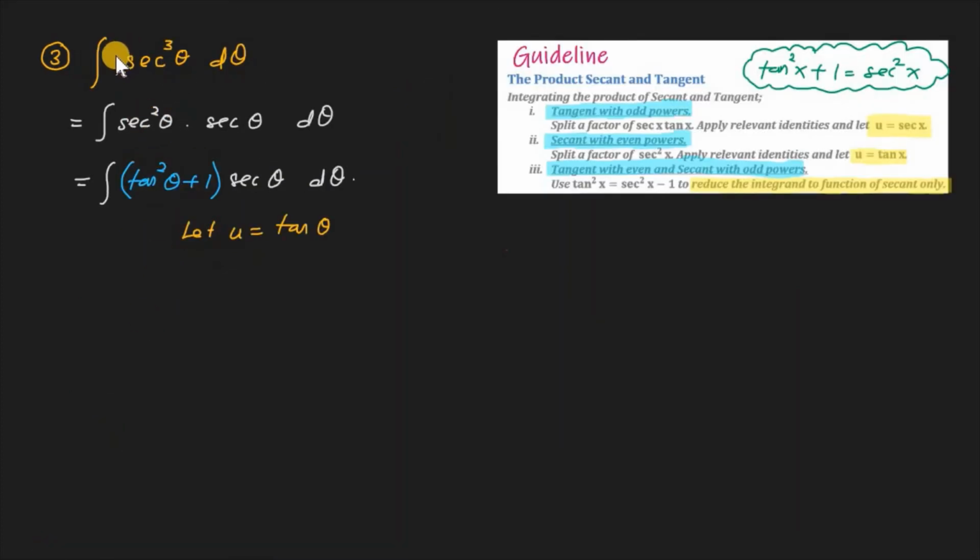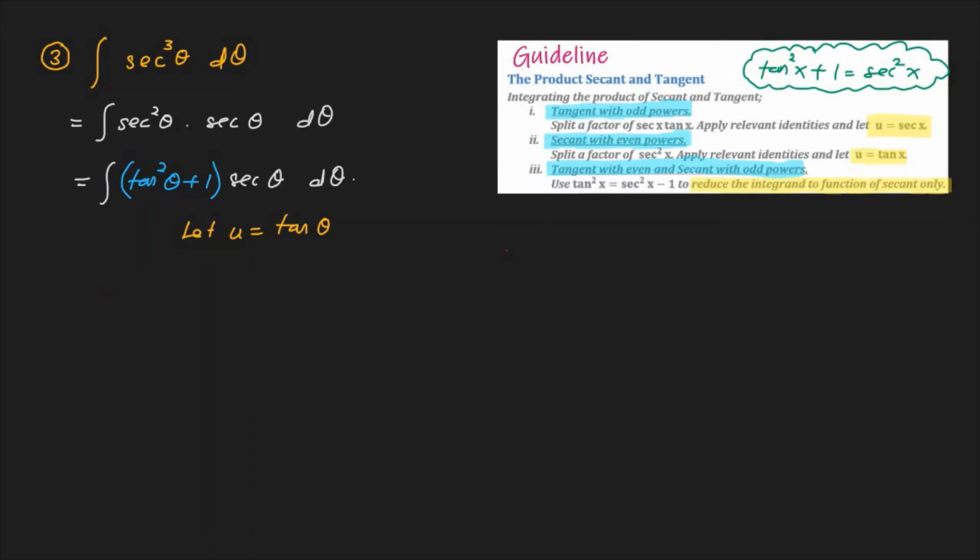Let us analyze question 3. We have secant power 3, so this is basically a product. The secant alone with power 3 is not given in our formula list or the guideline here, so basically we cannot use this guideline. And if you say, I would like to change the secant into tangent such that u is tangent theta,